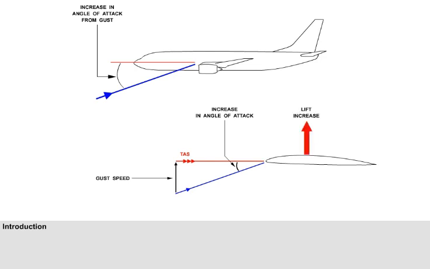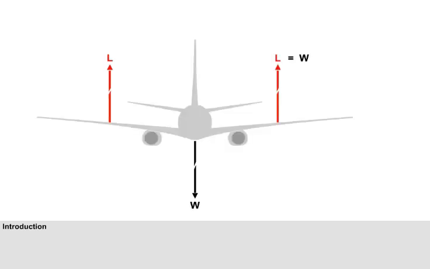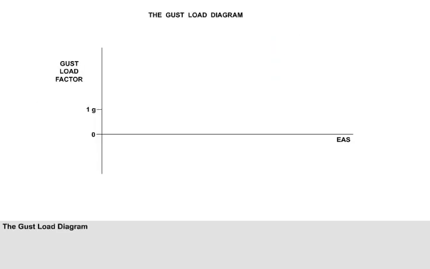The increase in angle of attack will increase lift on the wing, the result of which will be to bend the wing upwards. Keeping in mind that structural weight must be kept to a minimum, the designers must ensure the strength is adequate for expected gust intensity. To ensure adequate strength, 3 design gust values are used, which can be plotted on a